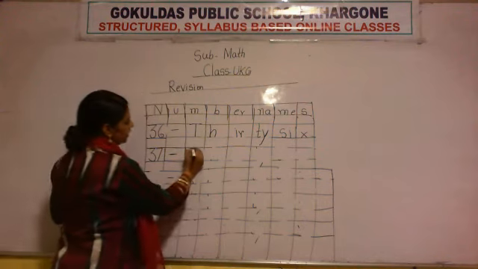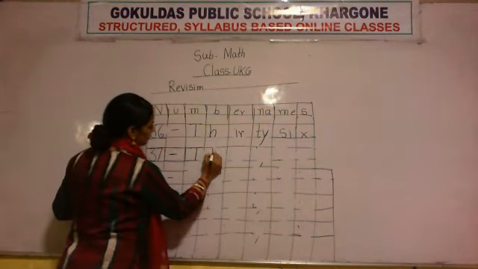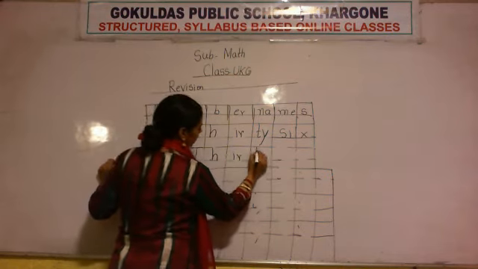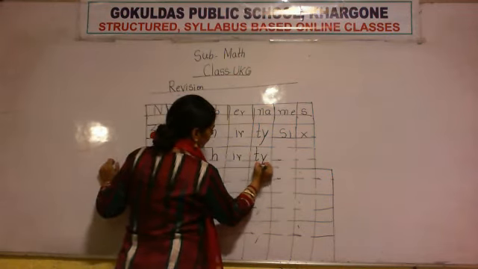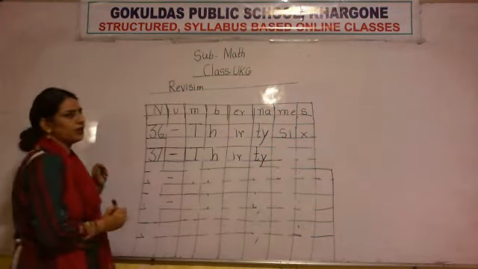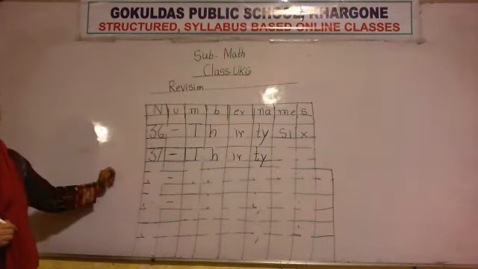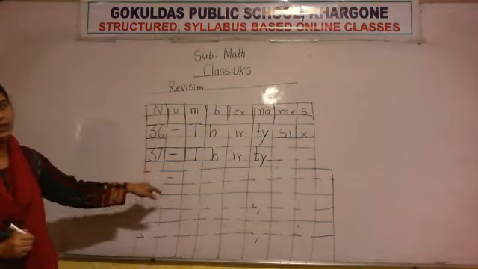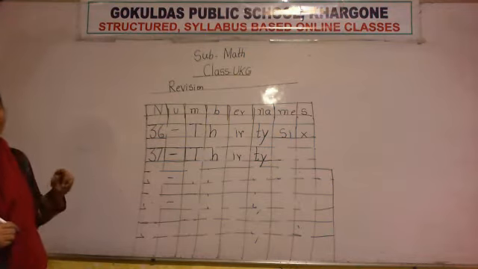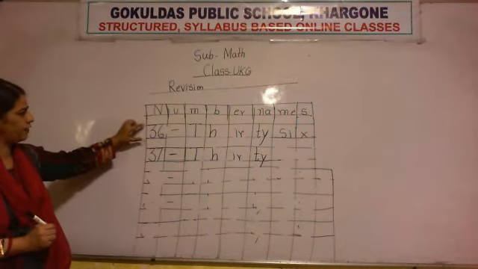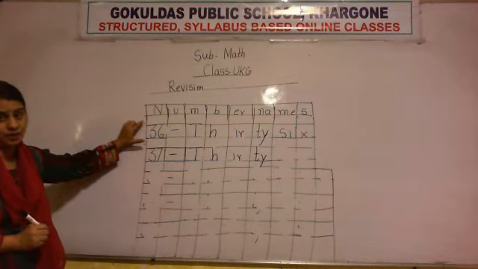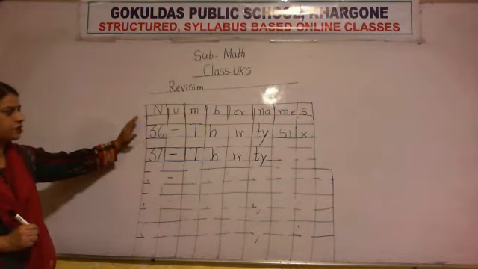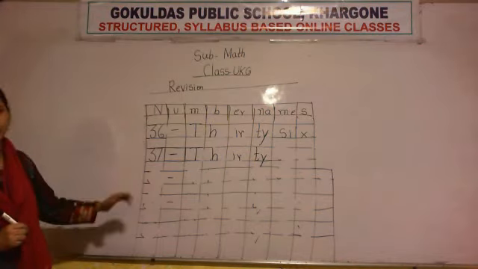Once again repeat after me. THIRTY 30. This is the spelling of 30. Why we are writing again and again the spelling of 30? Because this is 30 plus 7, 37. So that's why for each and every spelling, first 3 is coming, that means 30 is coming. So first we have to write the spelling of 30. Afterwards, which number is there? For that we have to write that particular spelling.